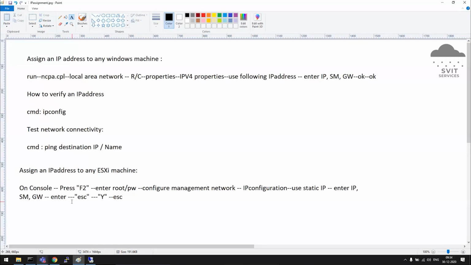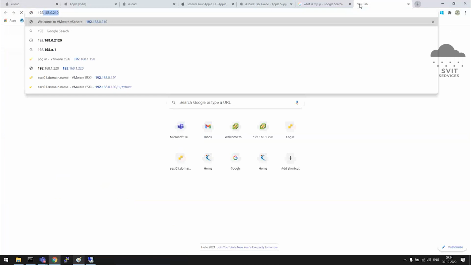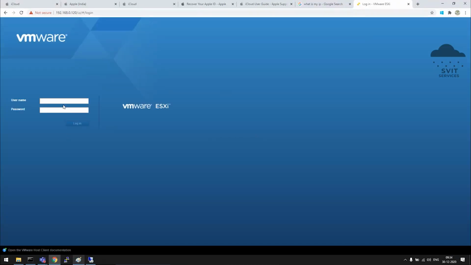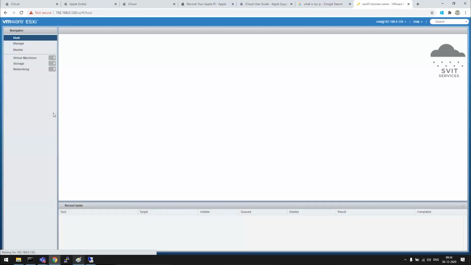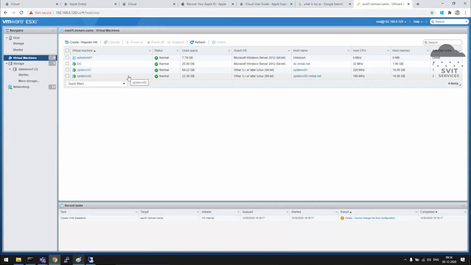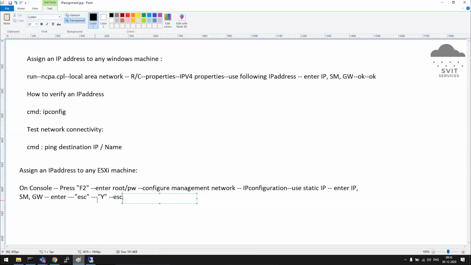Fine, we assign an IP address to an ESXi machine, and we can test it as well if we connect to our ESXi machine. We'll just test it out. I think somebody deleted that ESXi machine. Yesterday we created one machine, right? That's why it was deleted. It's okay. Yesterday we saw that. So when you are creating an ESXi machine, you follow this procedure. We did the IP configuration only yesterday, but this is the path I'm giving.